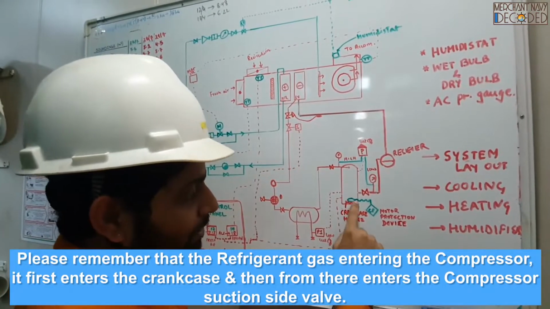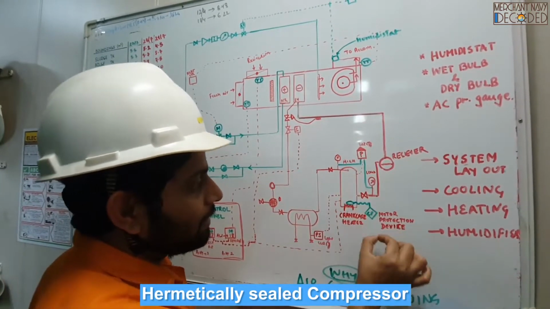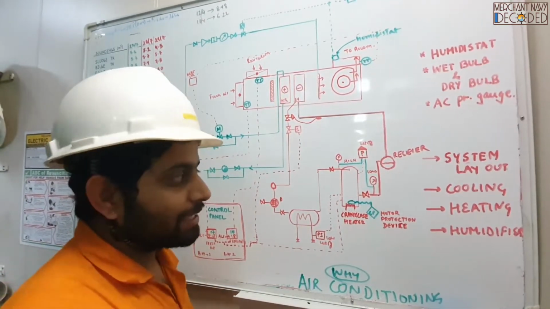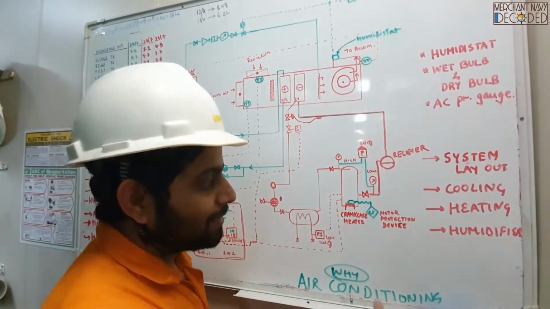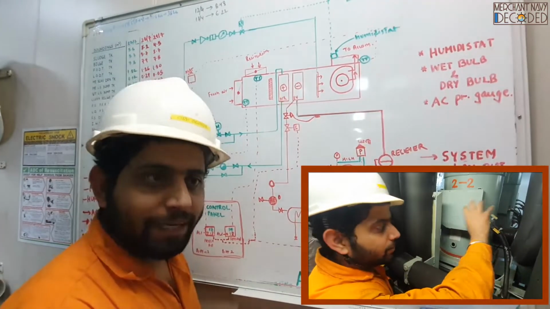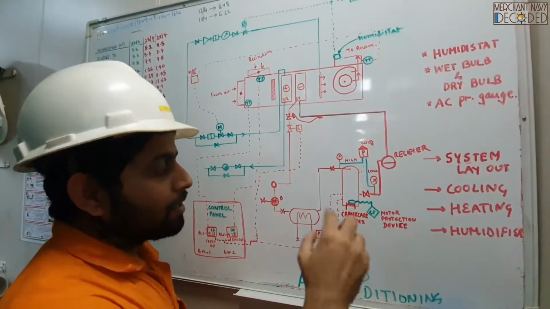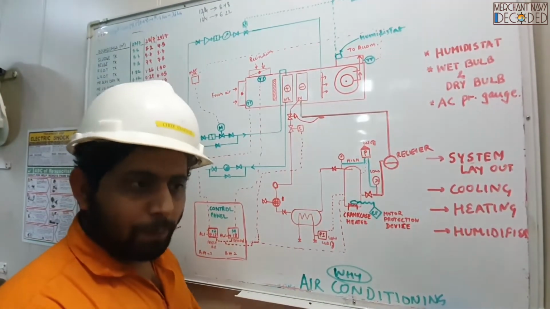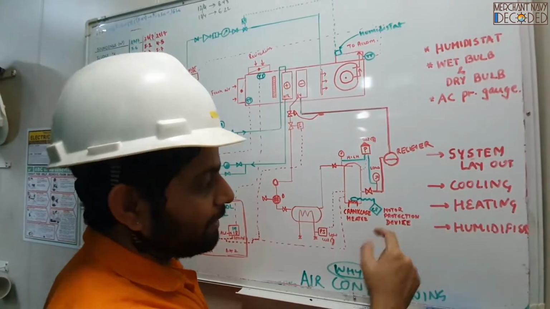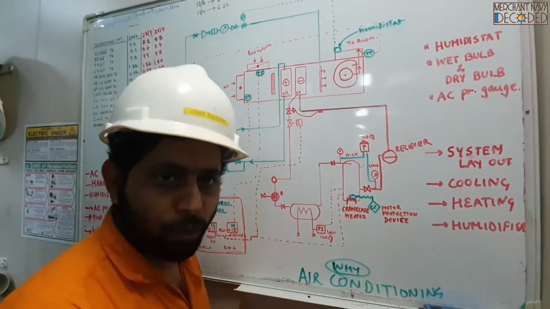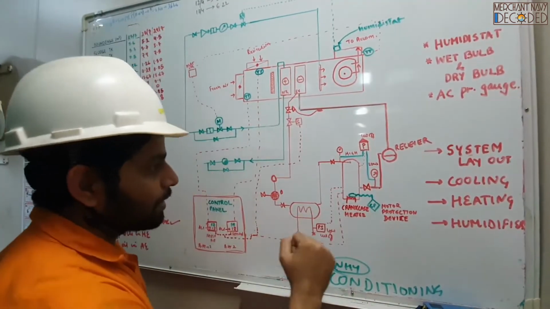What is this motor protection device? Since it's a hermetically sealed compressor, the motor is fitted inside the compressor. You will not see it outside. So in case the motor is becoming heated, then this motor protection device will operate and cut off the compressor, giving an alarm. Got it? And how will this happen? Because if the motor is working improperly, more heat will be produced, and accordingly with the heat, resistance is going to change and it will give a signal. There might be a thermistor fitted over here. Might be. Now, come over here guys.